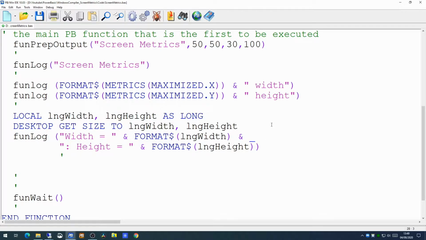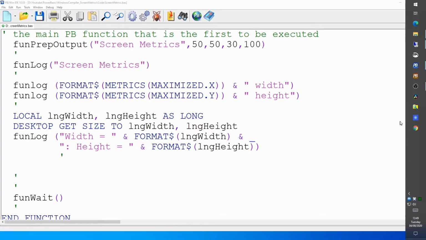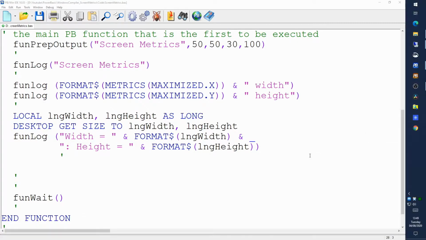Now there are things on the screen which you can't really afford to make any assumptions about. At the moment we have the taskbar at the bottom of the screen. Most people normally run the taskbar down here, but there's nothing to stop a user holding down the left mouse button and dragging the taskbar over to the right hand side of the screen. And if we run the same code again,